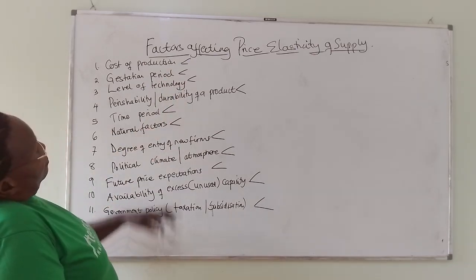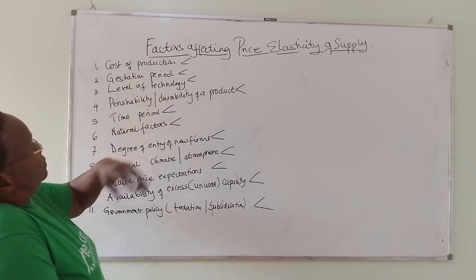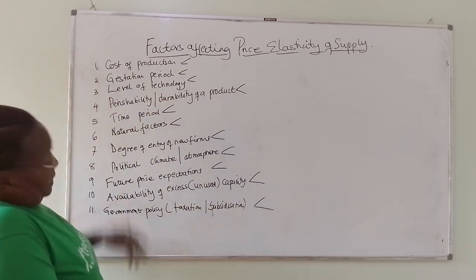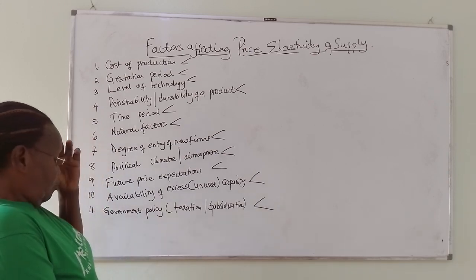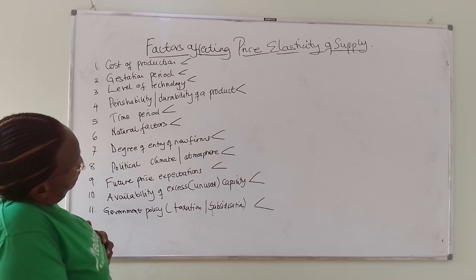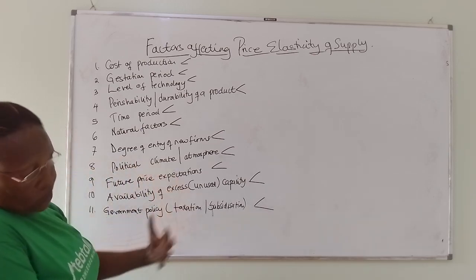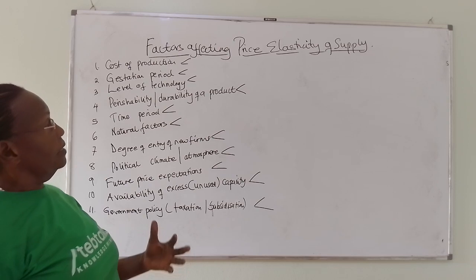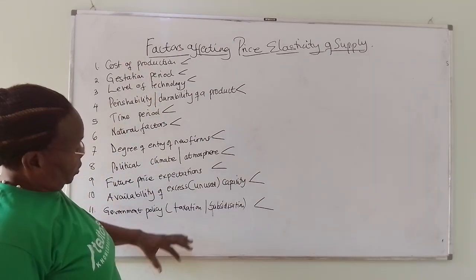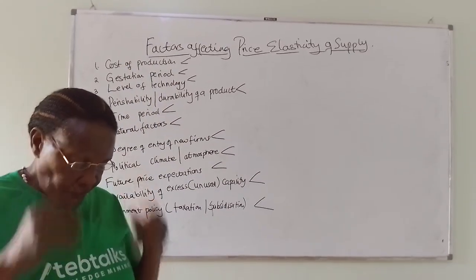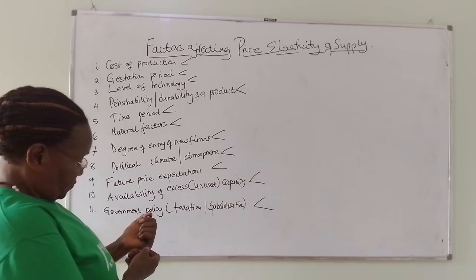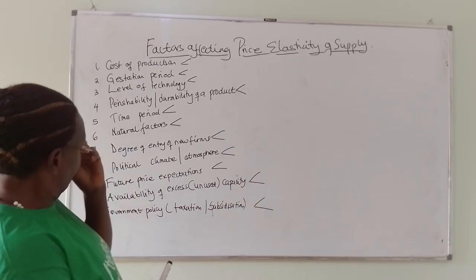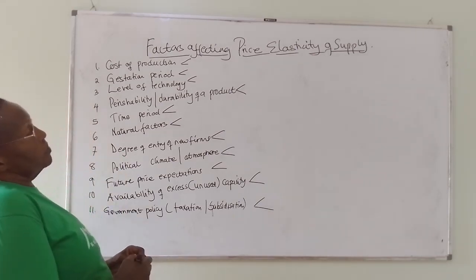of supply. Factors affecting price elasticity of supply are exactly the same factors which affect supply, or the ones we had kept constant when we were stating the law of supply. But here we are looking at the responsiveness of quantity supplied as a result of any change in these. We are trying to look at the factors which affect supply, and these are the very same factors which we bring back when we look at factors affecting price elasticity of